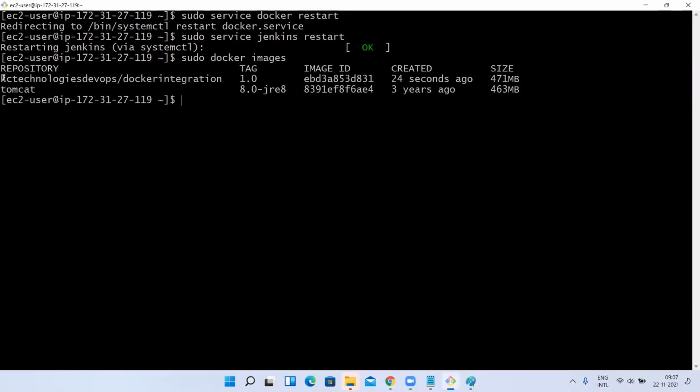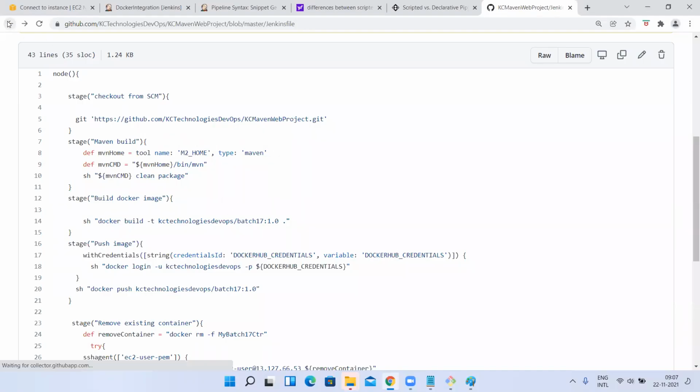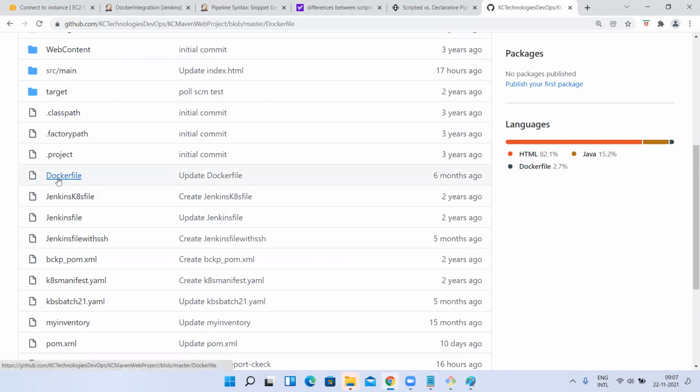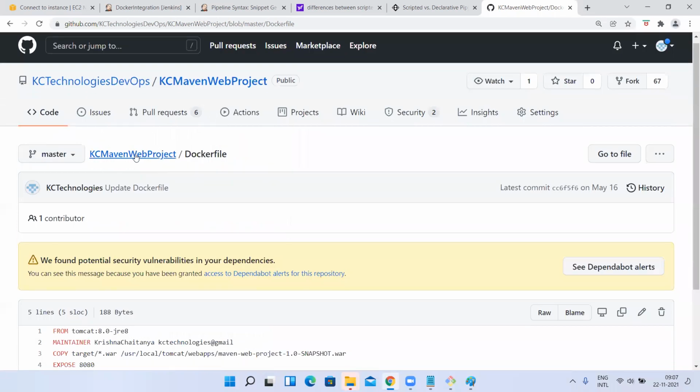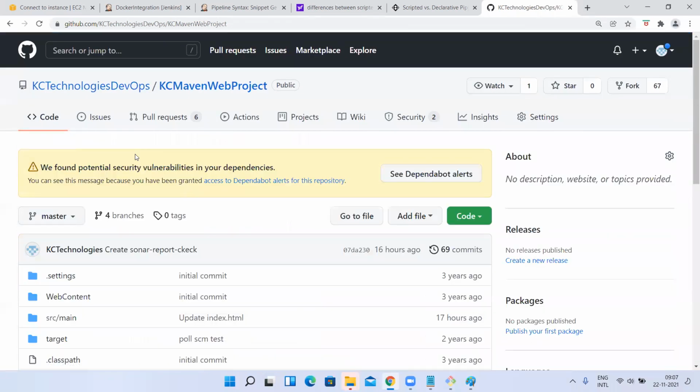So do we have this image, and the FROM image Tomcat? You know how we need to create the Dockerfile, right? Let me show you that. The Dockerfile looks like this. It is a Maven web project. See, the FROM is Tomcat, and in the target directory we have a WAR file, and I'm copying it to the webapps directory. We did this as an assignment also. This we know, I don't need to explain. I have my Dockerfile inside my project itself. Using that, I created the image.